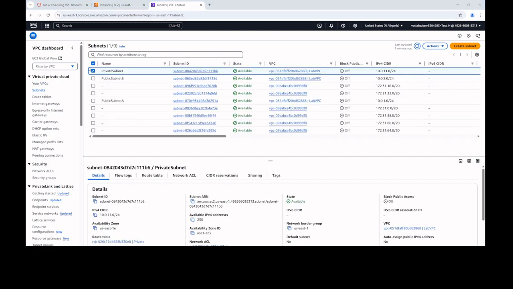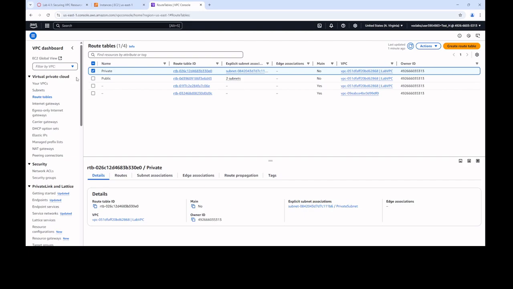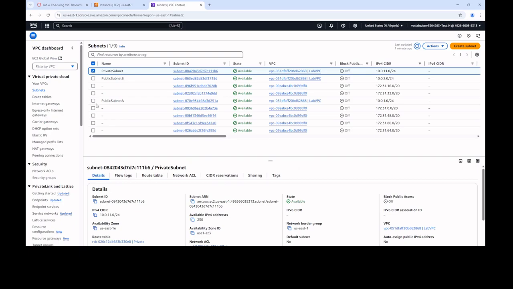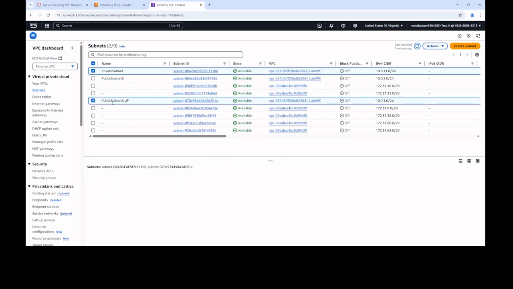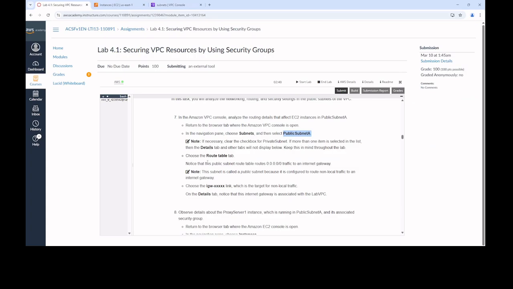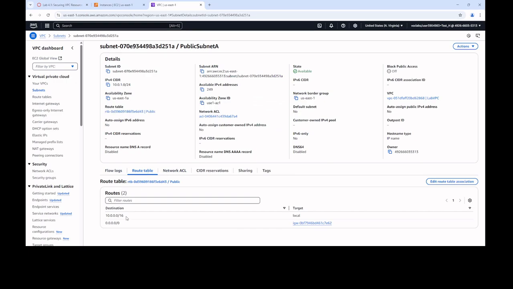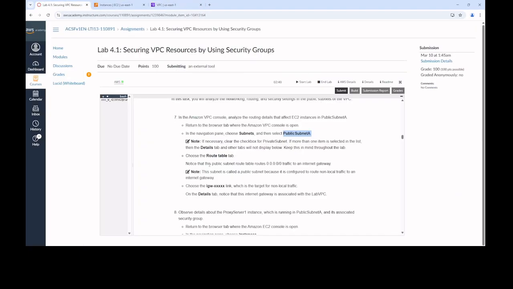So in the VPC tool, we need to go to the route tables. Here we need to go to subnets, and then we have to access the public subnet A, and in here we have to go to its route table. Notice that the public subnet has 0.0.0.0/0, meaning anything, and then choose the IGW link, which targets the local traffic,